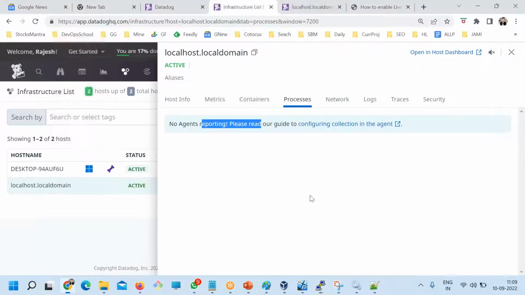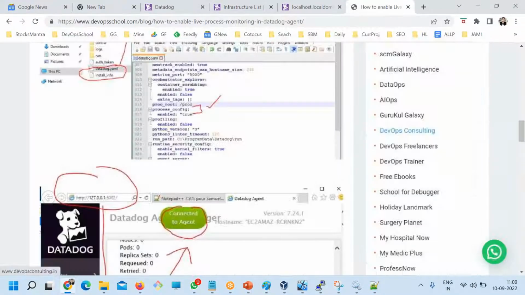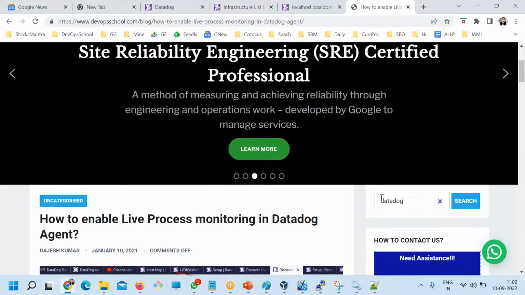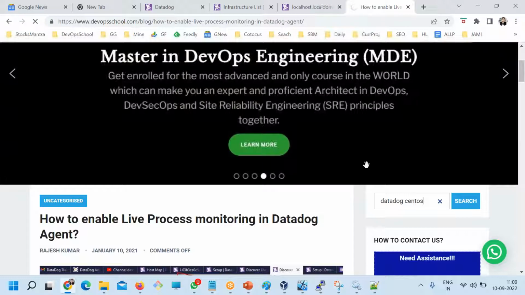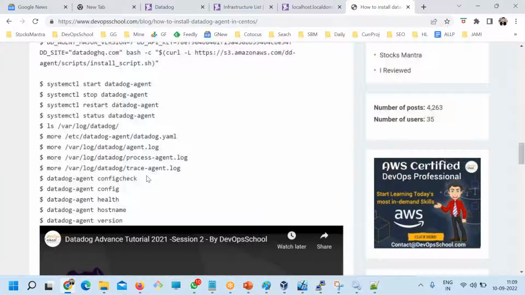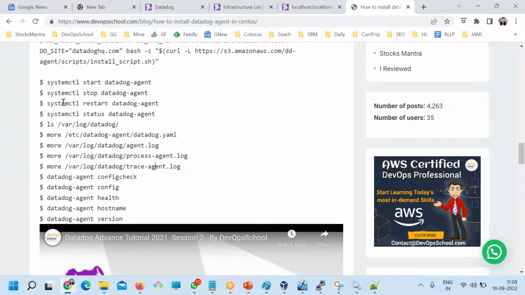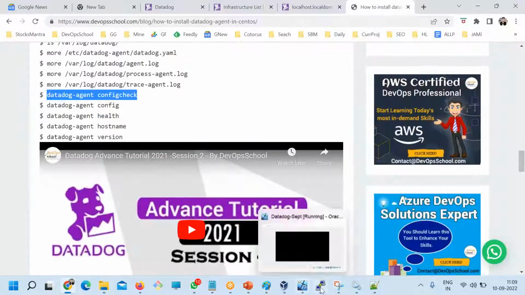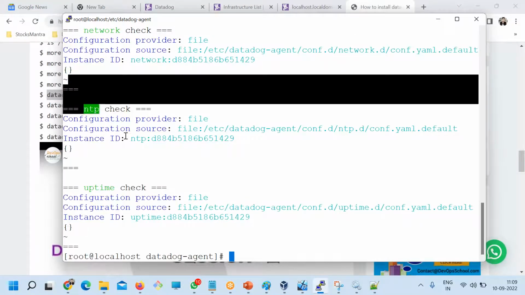Meanwhile, if you don't have patience, you can go for the command and find out. I'll just show you the command, Datadog agent. A lot of commands are there. There's one command which is this one. So config check, config and all, you can run meanwhile and get comfortable with it.